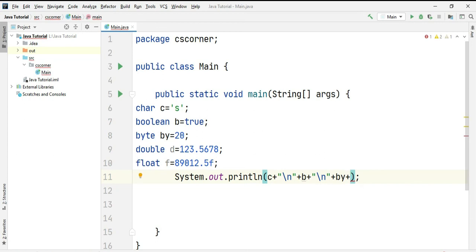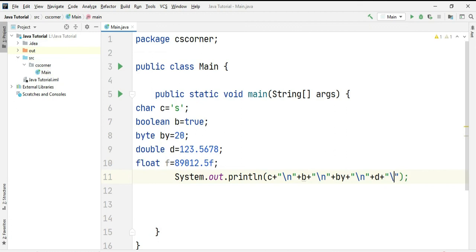Then again on the next line, plus sign is for concatenation. So in a single s out, I'm writing all my variables. Therefore I have used the plus sign concatenation operator, and slash n is going to come in double quotes because it is not a variable. So my next variable is double D, and now I have the last variable.